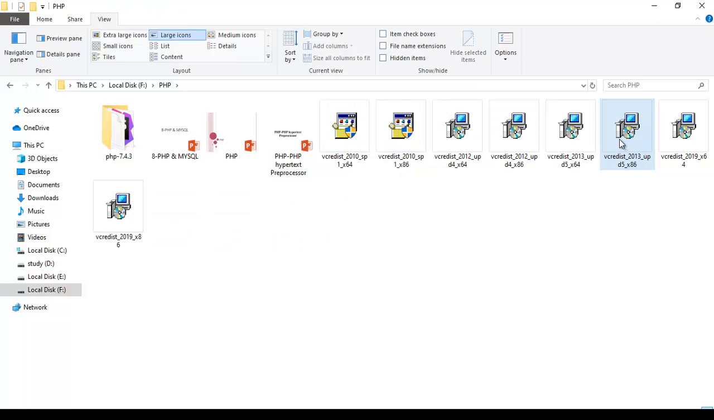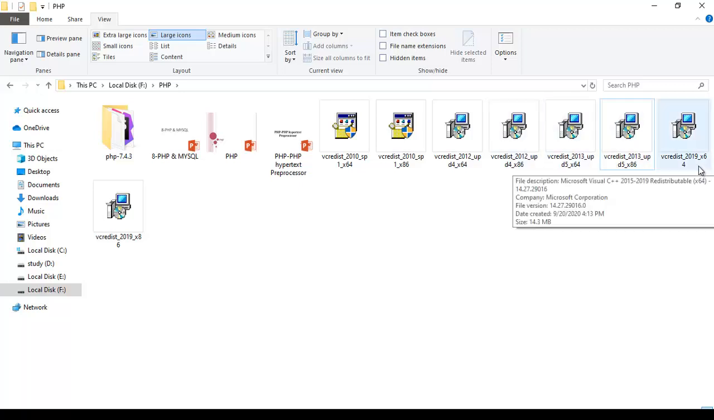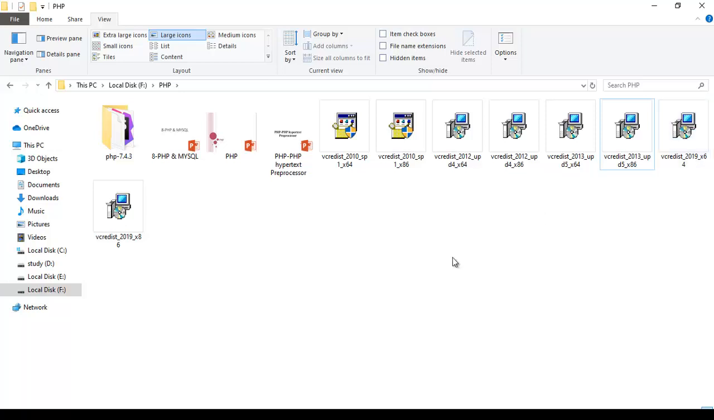for 2010. Okay, this 2010 and this much. 2012, 2013 and 2019. You don't have to install the 2008 one. Okay, you have to delete that. So after installing this one, you have to